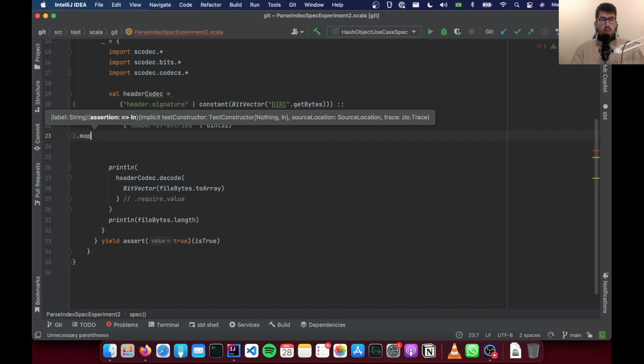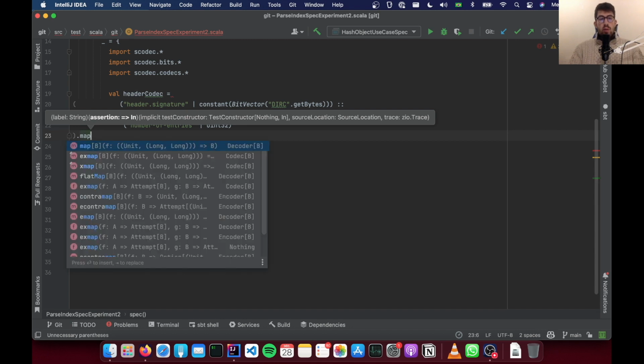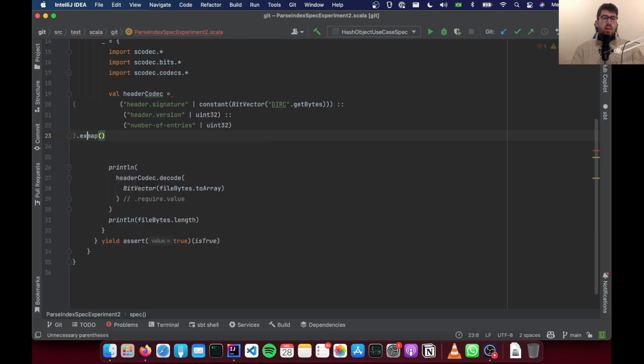I'm gonna call map. Okay, so here we're doing a decoder. So I'm gonna use the map because I'm not interested for the moment in encoding. It's gonna be another problem. But later on we see that we can use either this one or this one, xmap or xmap, to define the encoding and the decoding. But let's say for this one we're just interested in the decoding,